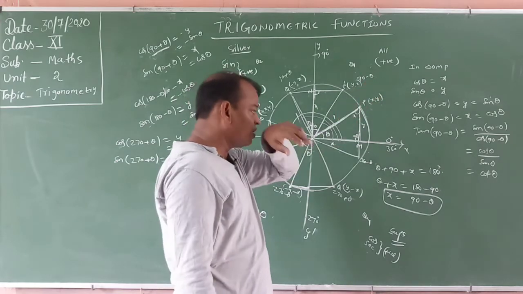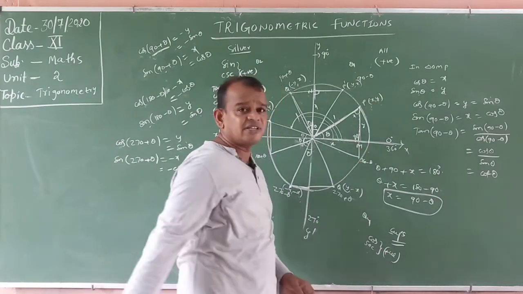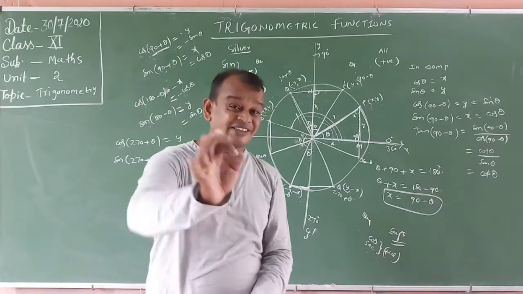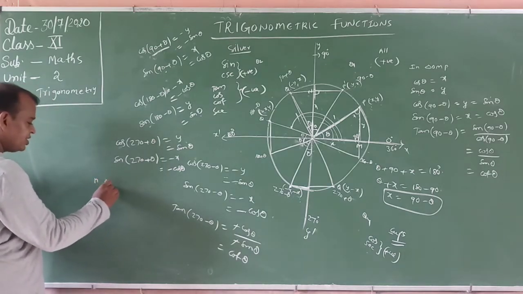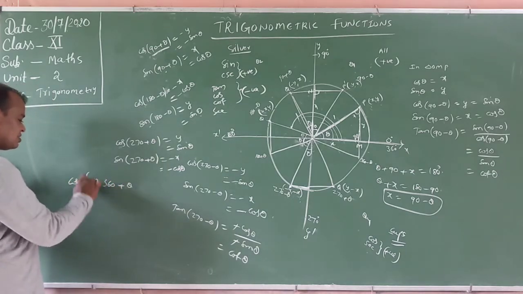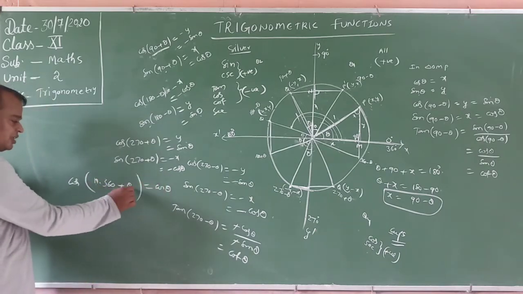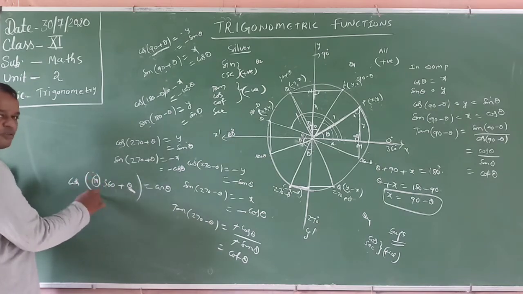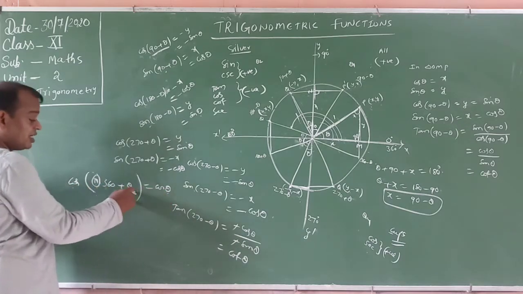Now, 90 minus theta, which quadrant? Next, this is 360, and again here you write 360 plus theta. 360 plus theta is in the first quadrant also, with theta an acute angle. For n into 360 plus theta, cos of it is only cos theta, where theta is an acute angle and n is a positive integer, 3 or 4 whatever it may be. Sin of n into 360 plus theta equals sin theta.